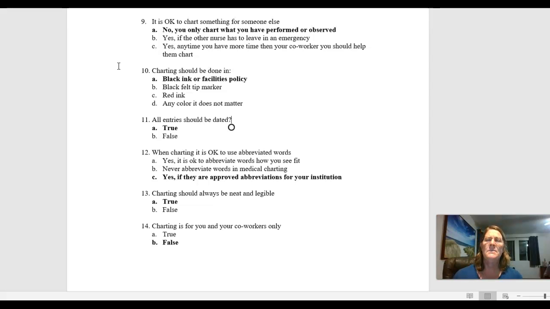Just because you work at a healthcare facility doesn't give you the right to be in a person's chart if you're not taking care of them. But it is also a legal document, and the patient has a right to it. So keep that in mind, and that patient can share it with their family, with their attorneys, with whoever they choose to as well. So we will stop there, and hopefully that will give you an idea of some basics